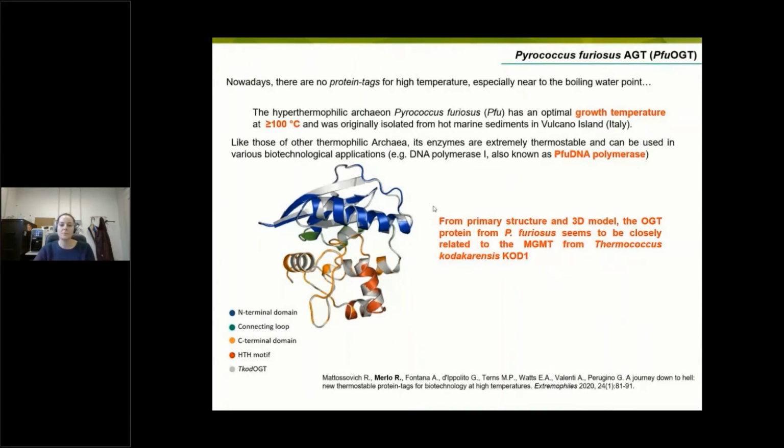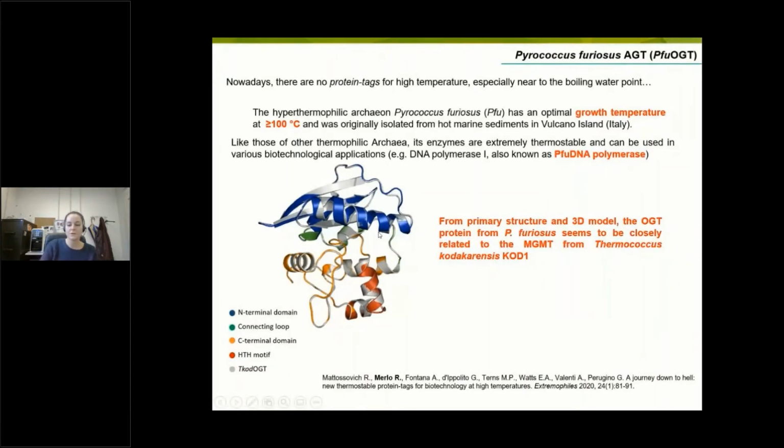So most recently, we focused our attention on identifying an AGT in the hyperthermophilic archaeon Pyrococcus furiosus. And from primary structure analysis and 3D modeling, we see that this protein, this hypothetical AGT we identified, is very similar to the one of Thermococcus kodakarensis, which is in gray in the protein structure. This is a superimposition of the two protein structures, and in color there are the domains of the hypothetical OGT from